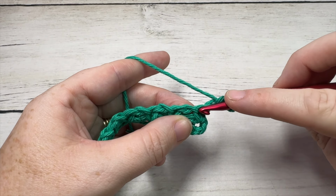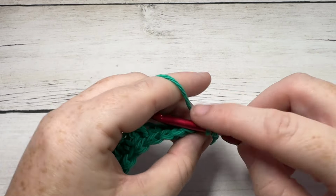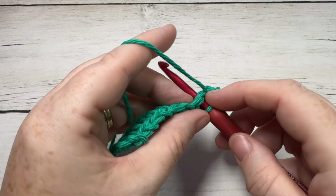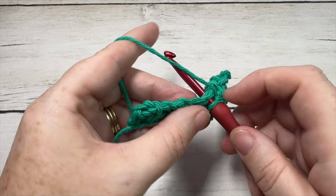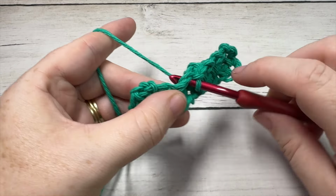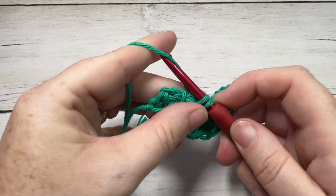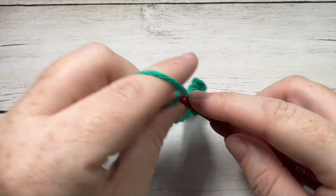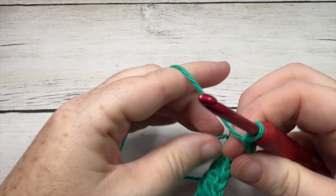So skipping that first stitch, into the next chain 1 space, single crochet. Chain 1, skip the next stitch, single crochet into the next chain 1 space. Chain 1, skip 1, single crochet all the way across to that chain 2 space. And when you come across to the chain 2 space, single crochet into the chain 2 space, chain 2, turn